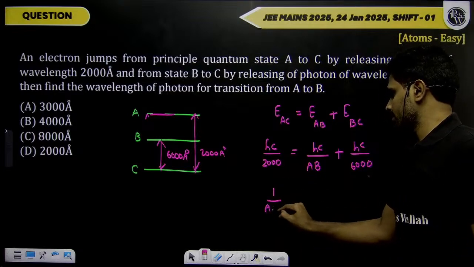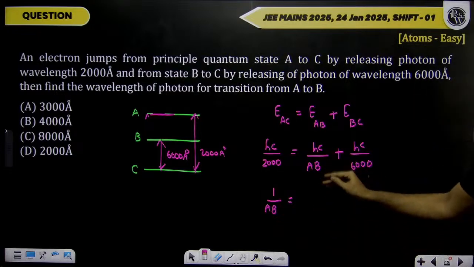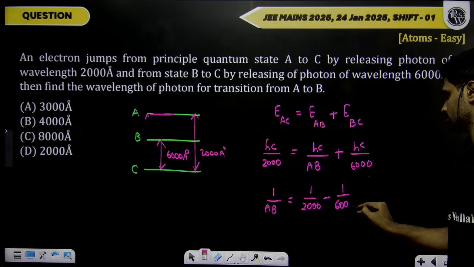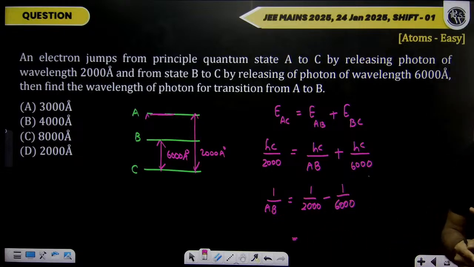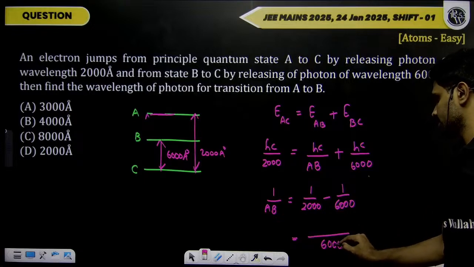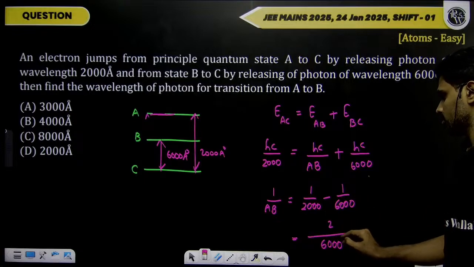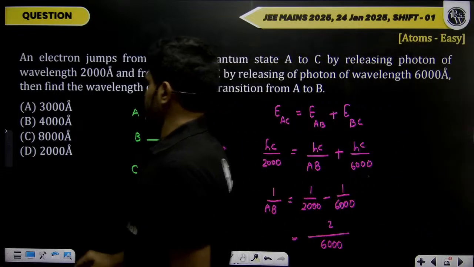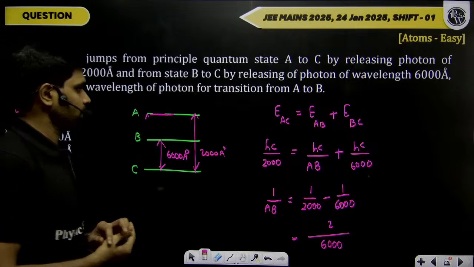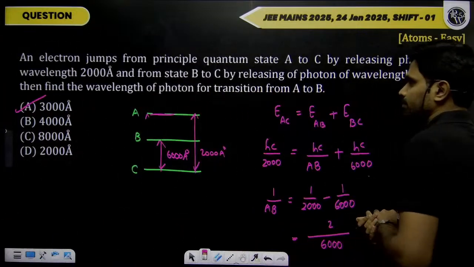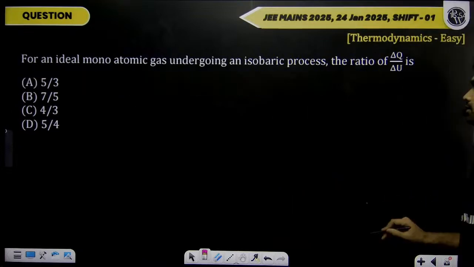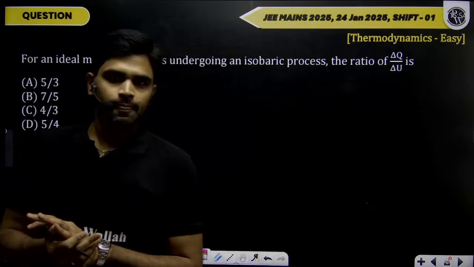So what is 1 by AB? You can cancel hc. 1 by AB is 1 by 2000 minus 1 by 6000, right? Simple LCM, 6000 is the LCM. 3 minus 1, 2. So AB will be 3000 angstrom, right? So this is an easy question. Now coming to the last question, they are asking